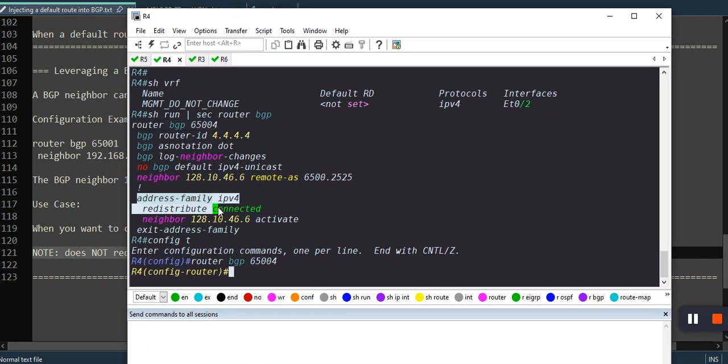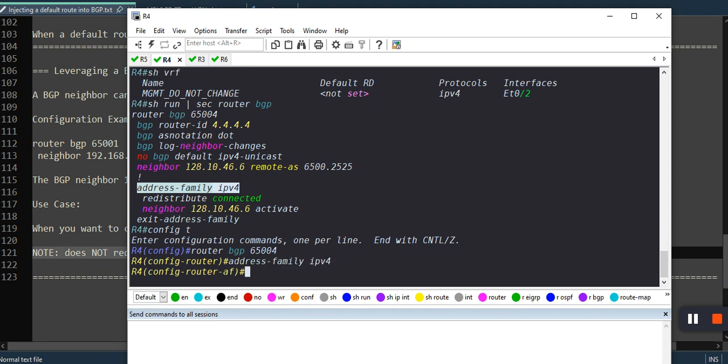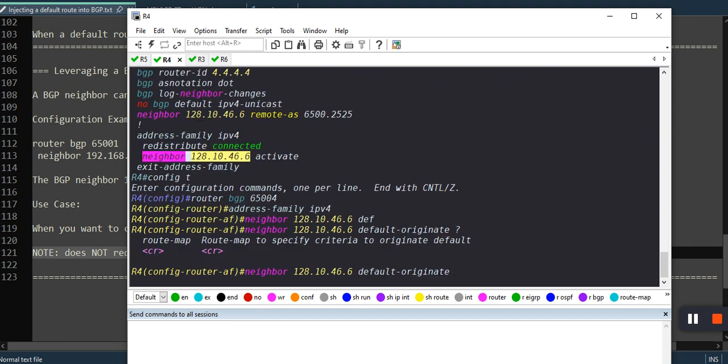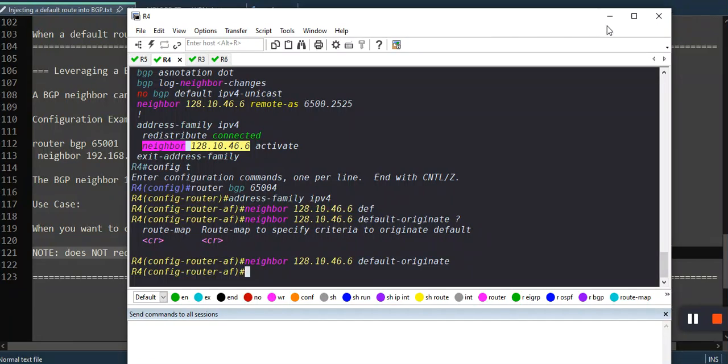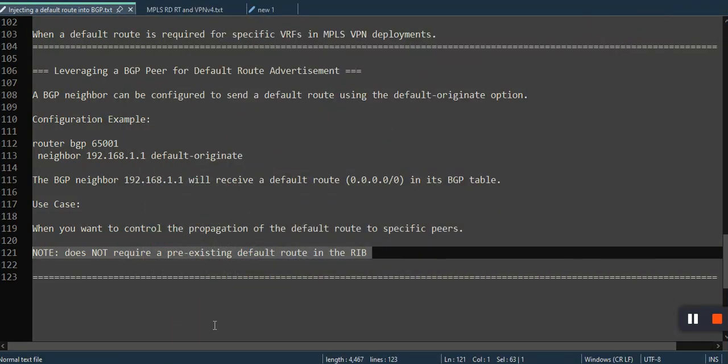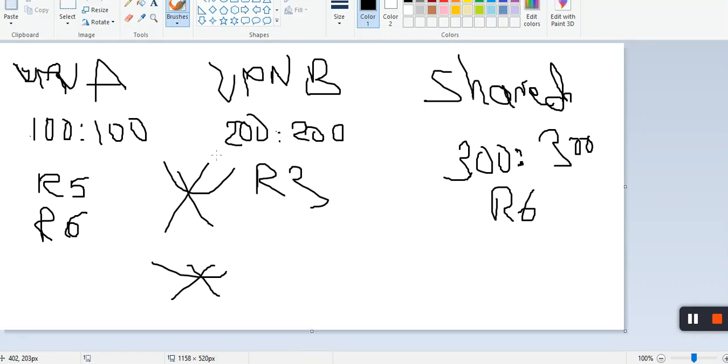Okay, on the address family IPv4, enable default originate command. And the last part is